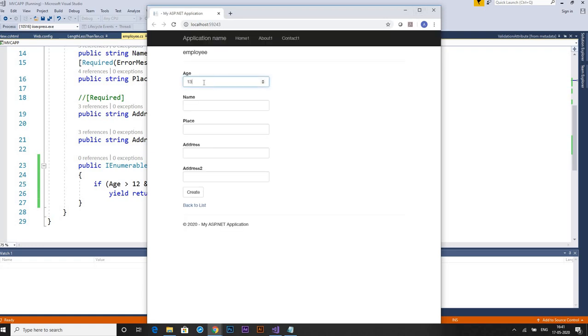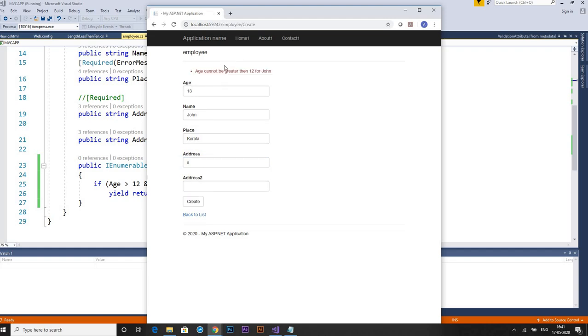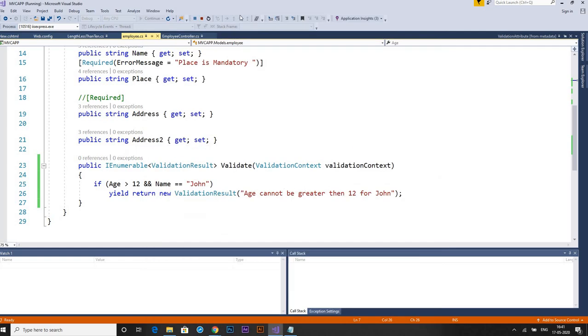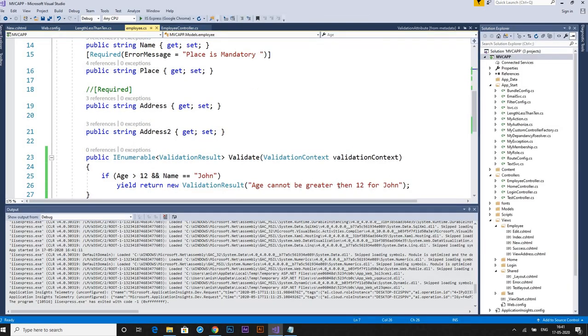So I will give an age greater than 13 and I give John as my name. I give any place, it doesn't matter. So it is validating and telling age cannot be greater than 12 for John. I think my spelling was wrong.